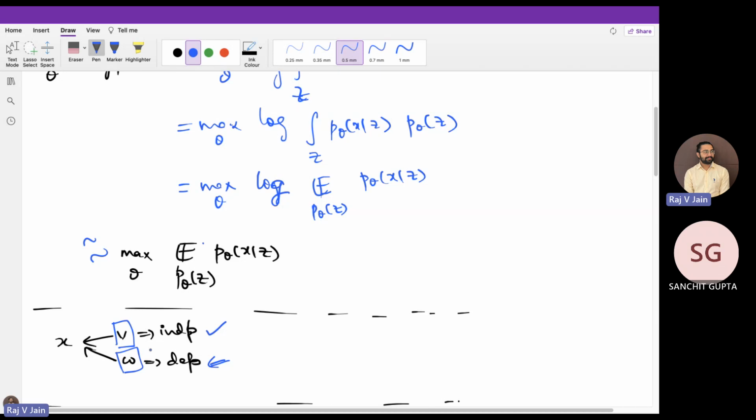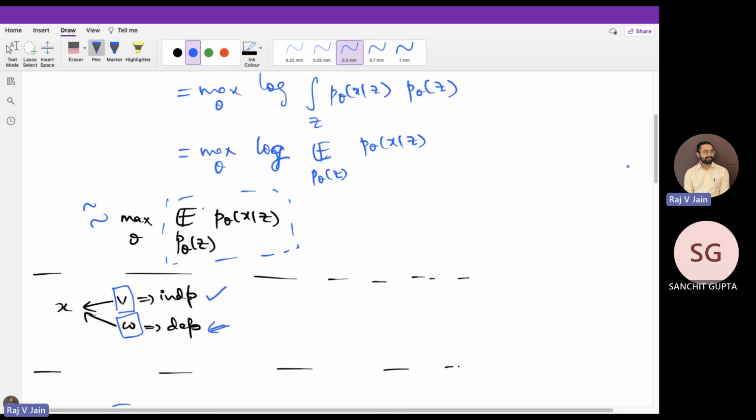One is V, one is W. Now these set of factors, V, are independent among themselves. These set of factors W are dependent in some sense, right? So now what they say is, if you want to model something like this, right? So their intuition here is that this, if I,